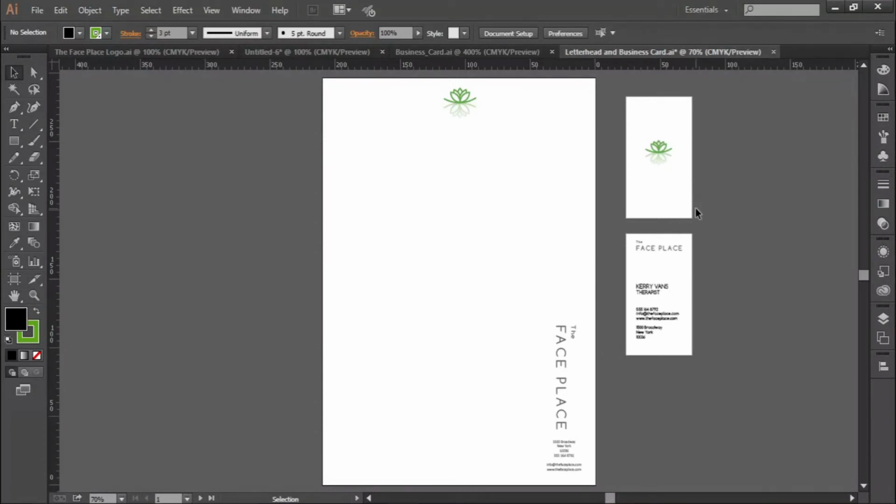sabihin ko na nga lang, okay, you can play with different shapes, and this is your way to communicate what your brand is. Okay, so pwede kang mamili. For example, popsicle yung business mo. So you can use a popsicle shape business card. Kung burger, you can use a burger shape business card. Okay, but for this demo, we will be using the traditional shape of a business card, and that is the